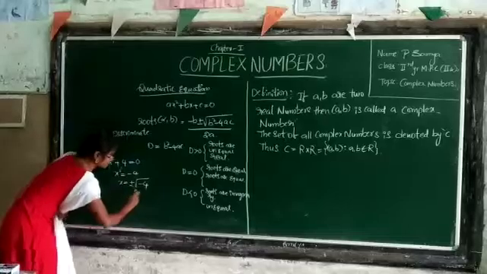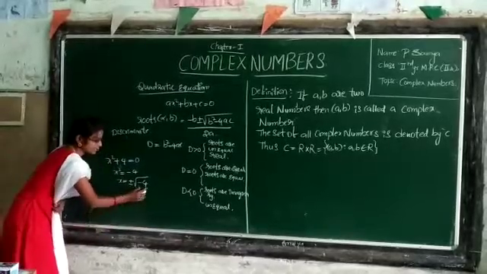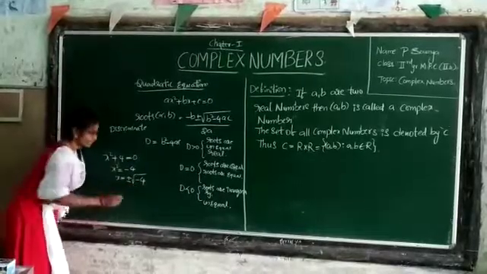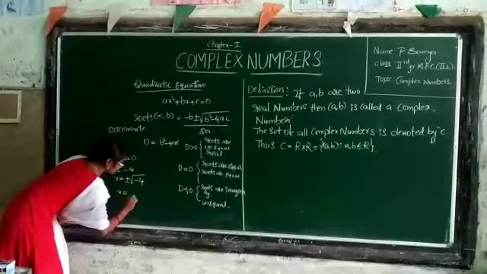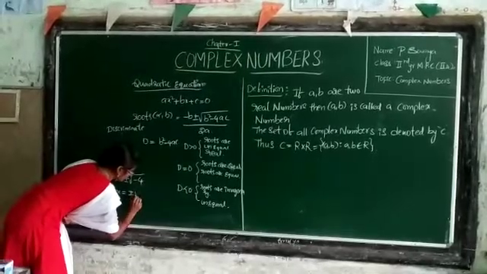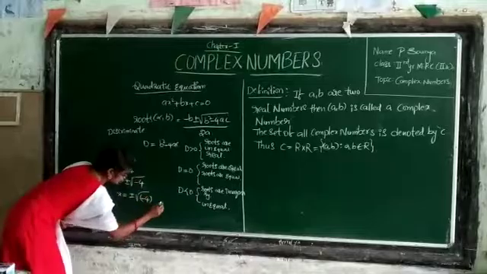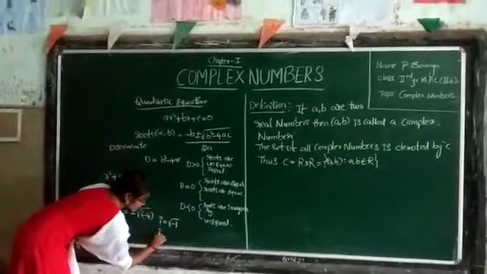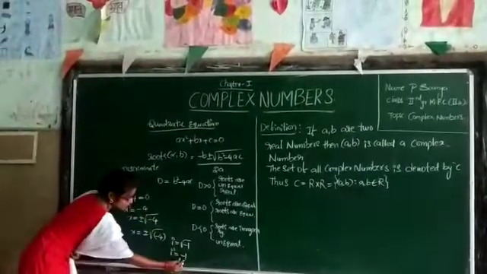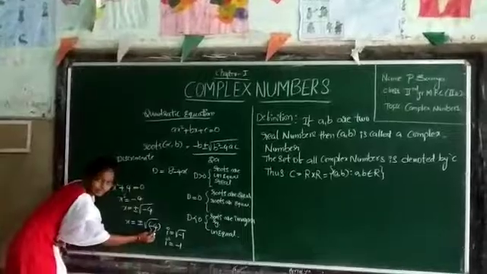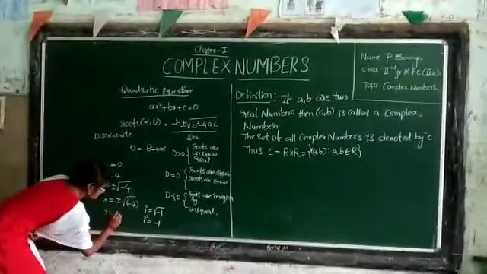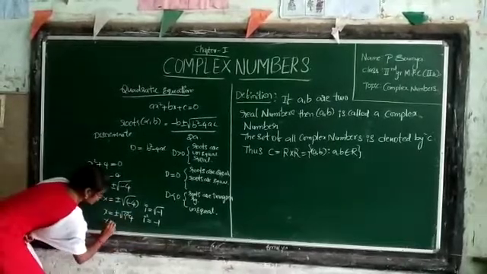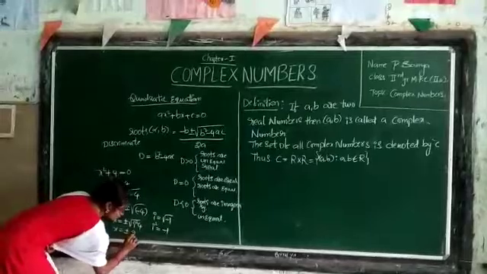That's why I am taking i into consideration. By using the imaginary part we can solve the root of minus 4. Here x equals plus or minus under root of minus 4. i is nothing but under root of minus 1. If you square both sides, then you get minus 1. Instead of minus 1, I would like to take i squared. That is x equals plus or minus under root of i squared times 4, that is x equals plus or minus 2i.